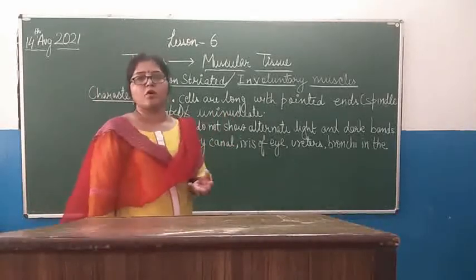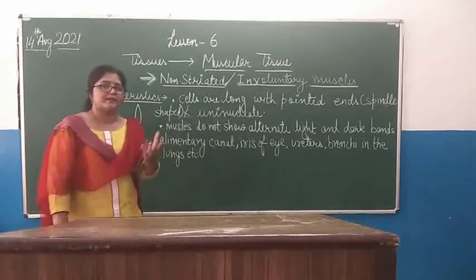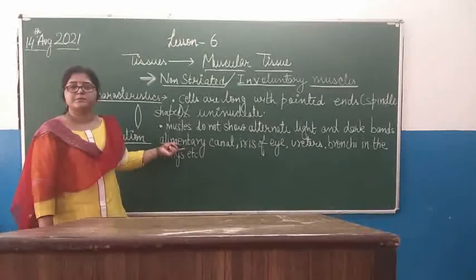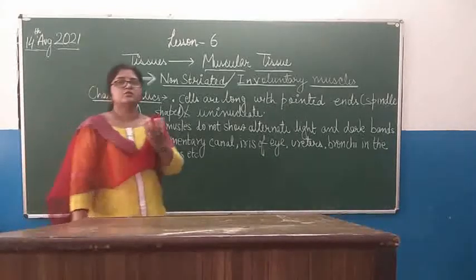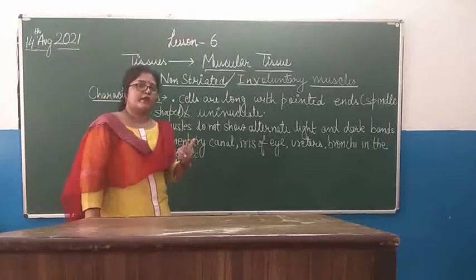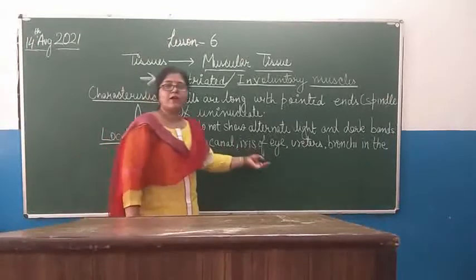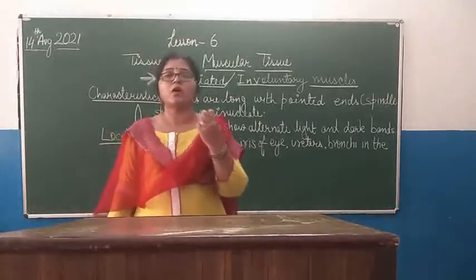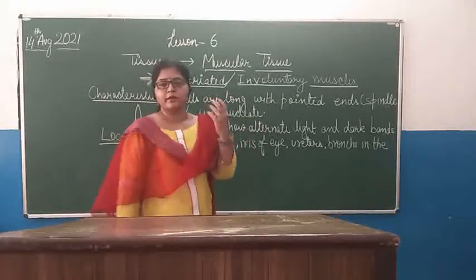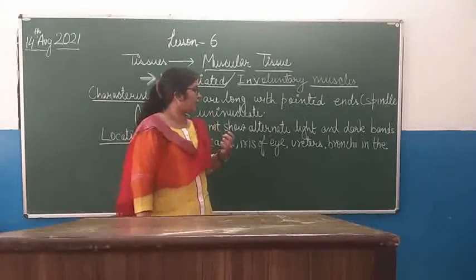They help in the movement of food by facilitating the peristalsis movement. जो peristalsis movement होते हैं जिसके हेल्प से हमारा खाना इसोफेगस से स्टमक की तरफ मूव करता है, तो वो इनको हेल्प करते हैं. Iris of the eye, which controls the amount of light entering into our eye. जो हमारे आईज में कितनी लाइट एंटर हो रही है उसको कंट्रोल करता है.